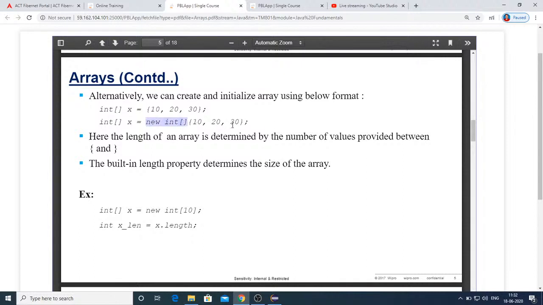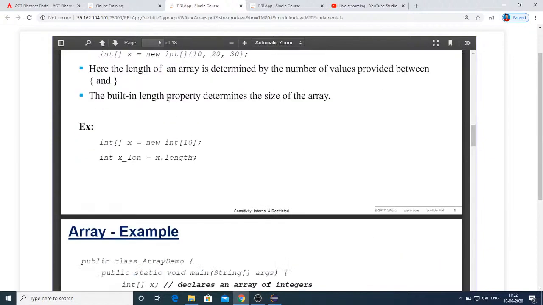But when you are initializing the array, and if you mention the size, this you can expect in the MCQ test. I repeat, when you are initializing the array, if you mention the size within the square brackets, it will raise an error. So when you are specifying elements, no size is to be specified. When you are specifying size, no initialization elements are to be there. Remember the point. This is how you will define the arrays.